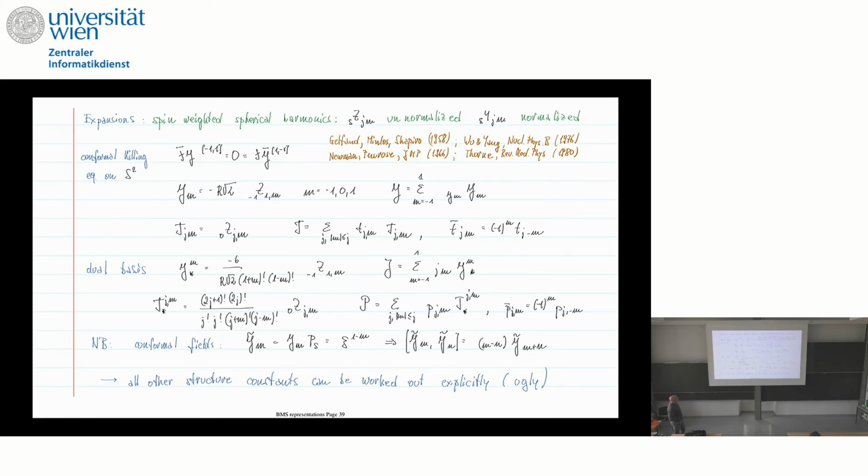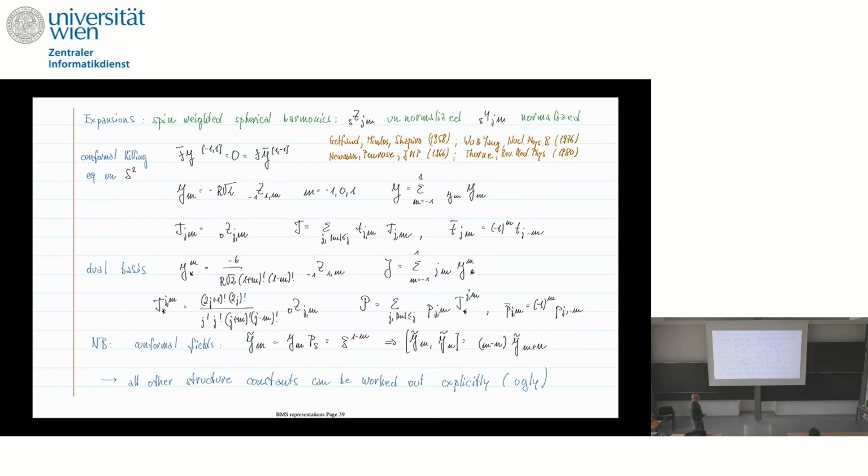Suppose that you really want to get the structure constants, the FABCs. What should you do? You need a good basis, you need to expand everything. What does expanding mean? It means putting everything in terms of spin-weighted spherical harmonics, and then you compute the structure constants. This is more difficult on the sphere than it is if you take the punctured sphere and the formulas for conformal field theory. All I'm saying is this is a basis for expansion, and you can compute really the FABCs of the adjoint, of the co-adjoint, of everything.